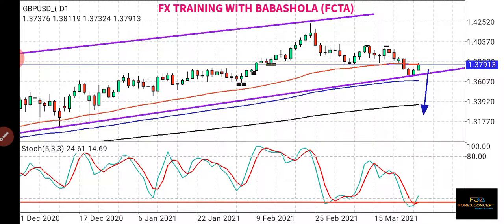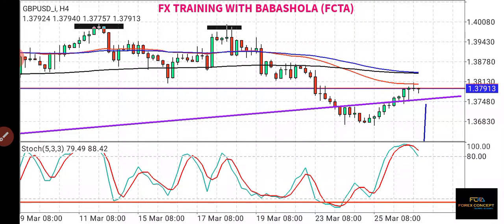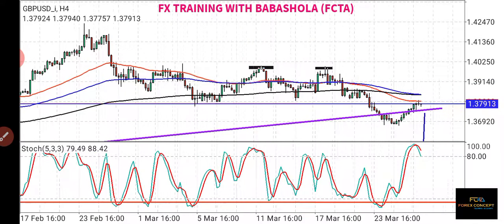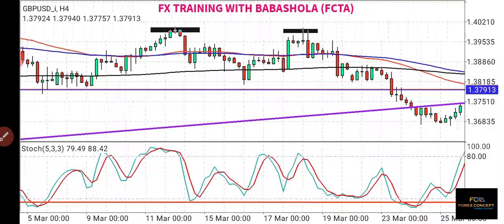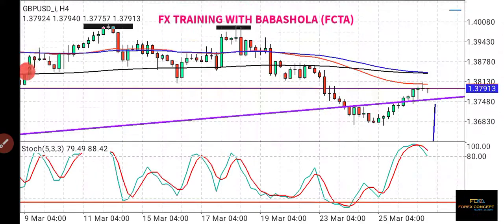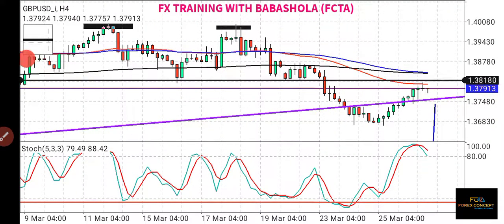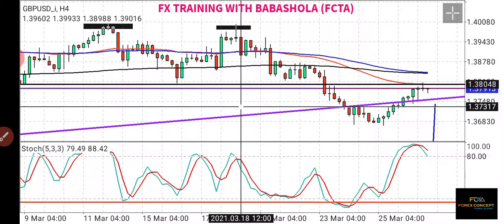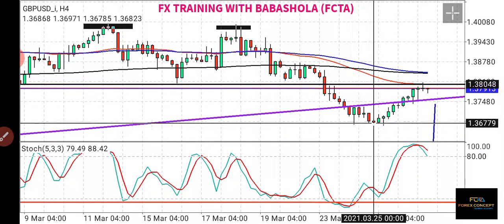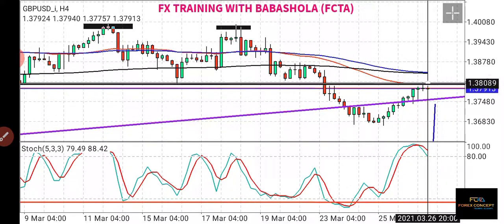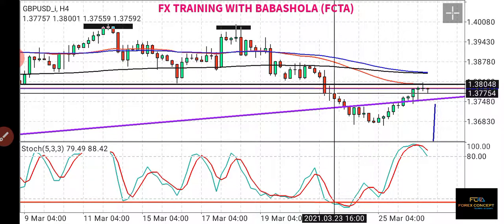On the H4, we can see that last week GBPUSD and EURUSD formed a double top, in which I said that price will break, because a double top formation is a reversal pattern where price breaks to the downside. And according to my analysis, price actually broke, and price went all the way down to this point before going up again. Now the price is trying to retest this